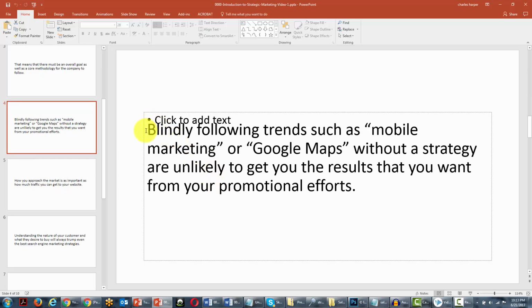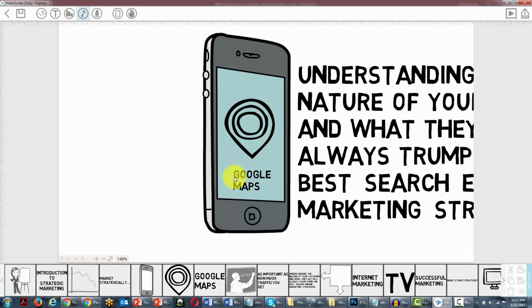So another slide starts with "blindly following." We've got in there mobile marketing and Google Maps. So how did we decide to depict this in our video software? Now you'll notice that we chose a mobile device. We chose Google Maps and something to represent that. And basically this scene starts out with the mobile device in the middle. It's then going to slide over and then go to the next slide, which is going to have all of